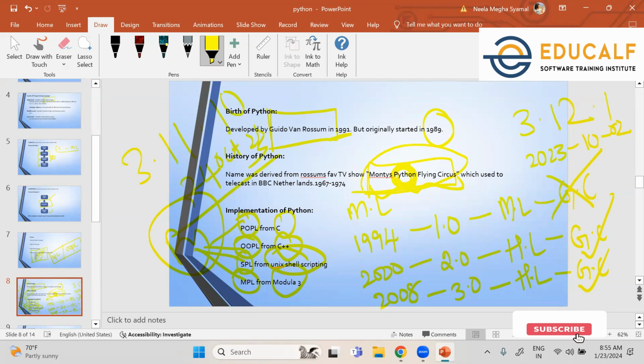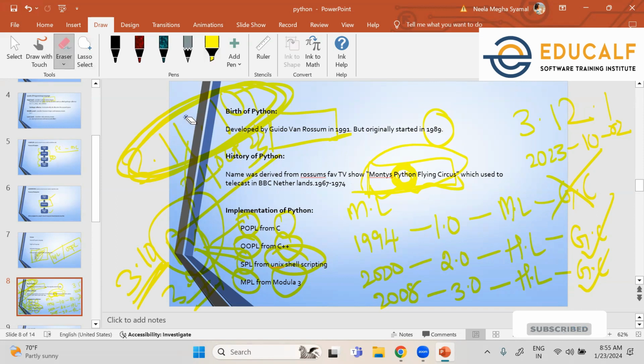The stabilized version is 3.11.9, so we are working on this particular version only. But now even 3.10 got stabilized, and 3.9 also got stabilized. From 3.9, any version you can use. And apart from that,